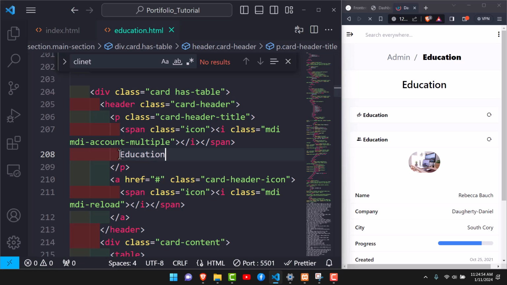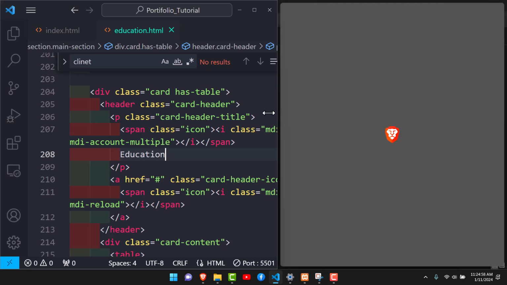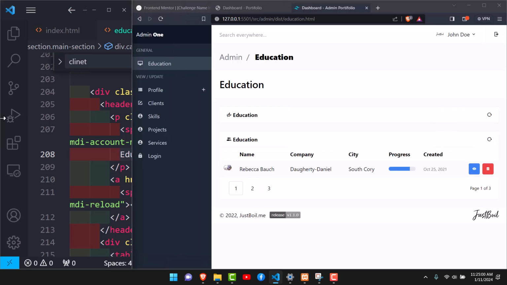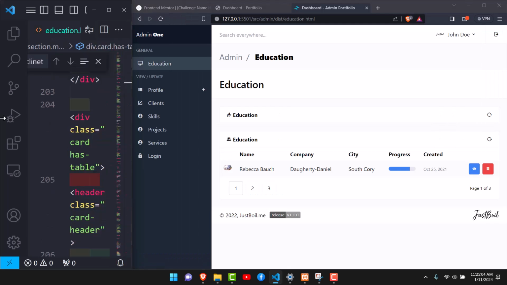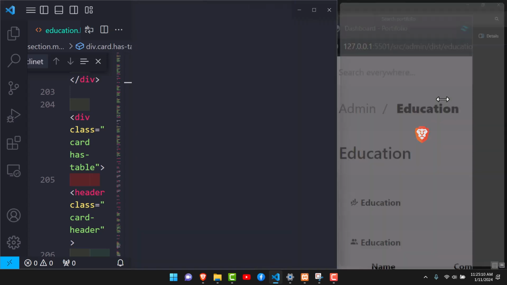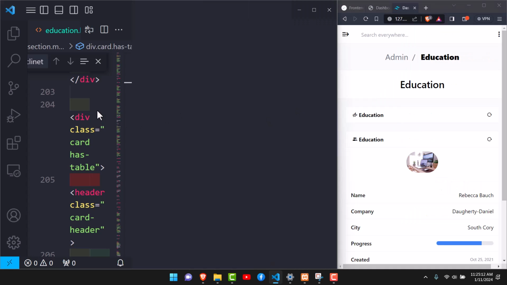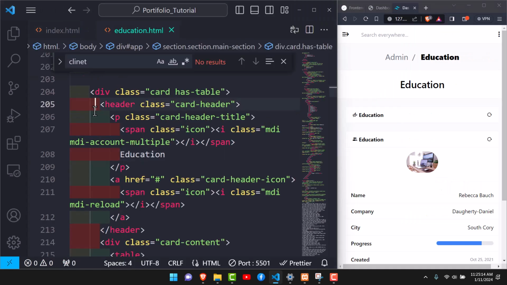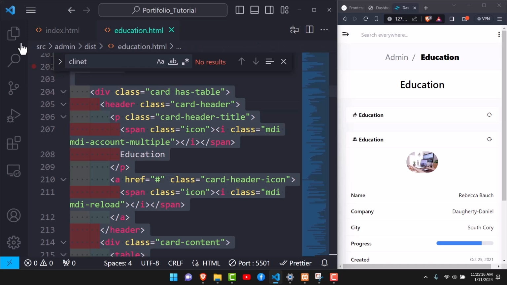Yeah, so that looks nice, and that's now what we are going to do to all the other pages. In fact, now the rest of the pages will be very easy, because now we can pick this one, the one for education, and we'll just be modifying the information. So I'm just going to copy that,